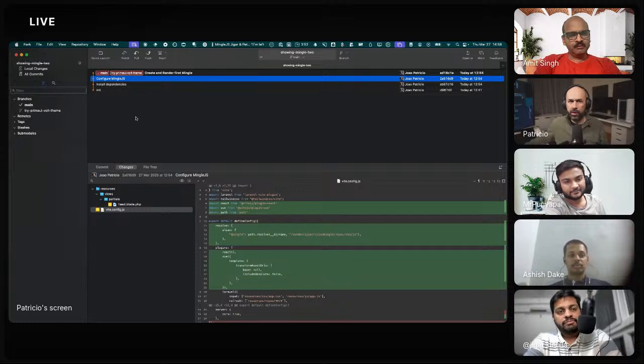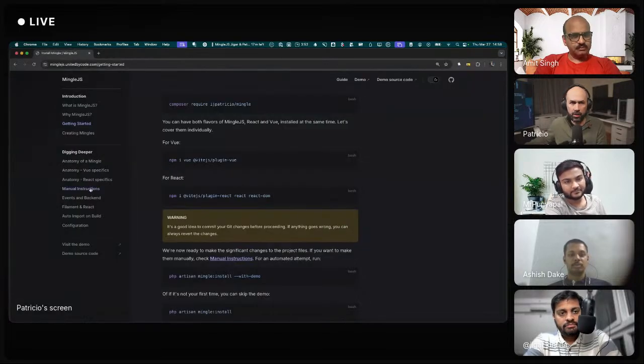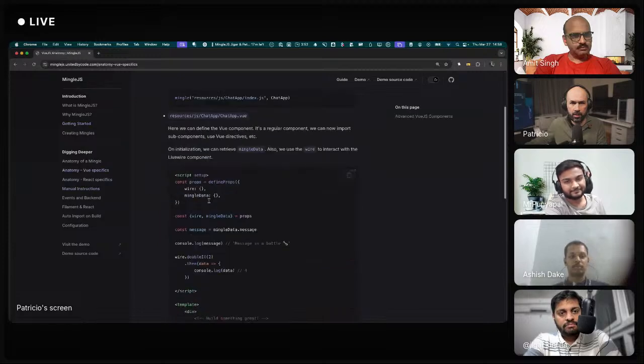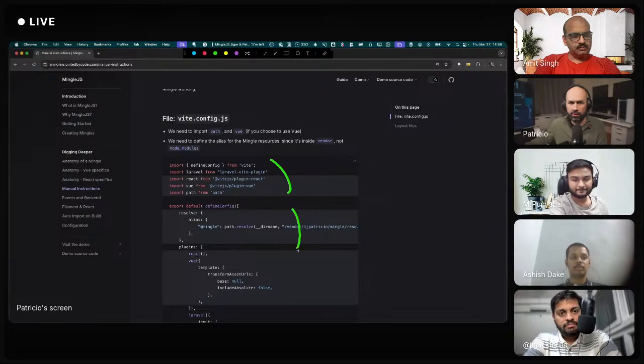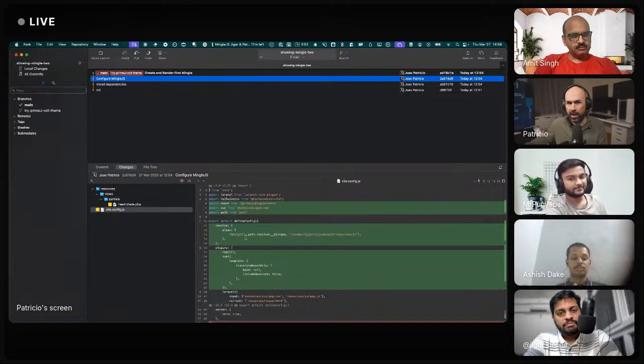Then to configure MingleJS, we just edit the Vite config. This is all in the docs. Depending on your flavor, you copy things from here, and I put both flavors.